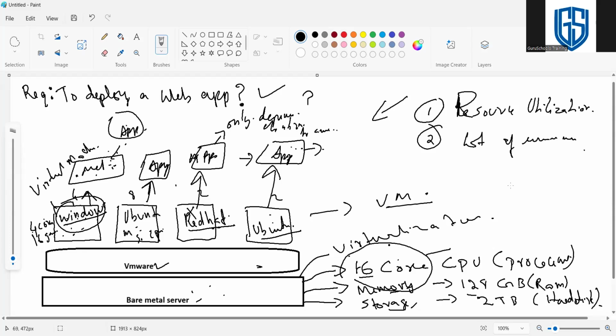For example, here we allocate 16 GB RAM and 4 core CPU for Windows. Running this specific application only needs one core or two cores, depending on the application requirement. The memory is the same. We allocated 16 GB of memory, but running this application only needs 1 GB or so. Yet we need to allocate this entire infra to the specific Windows machine. Similarly for Ubuntu, Red Hat and other operating systems as well, okay? So here we can't utilize our resources correctly.